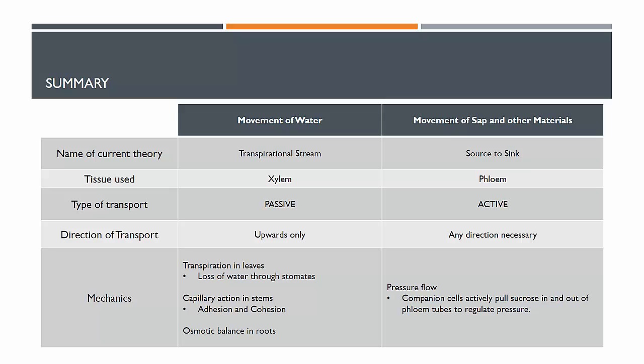But we are looking at a table of features, I guess, descriptions. So we've got the name of our current theory for the movement of water, and that's the transpirational stream. We've got the name of our current theory for the movement of sap and other materials, and that is source to sink. The tissue used for transpirational stream is xylem. It's passive. The movement is upwards only from the roots to the leaves, and the mechanics involved, now these are the kind of like the features that you'll need to include, is basically you get transpiration in leaves, the loss of water through stomates pulling on water molecules below it,